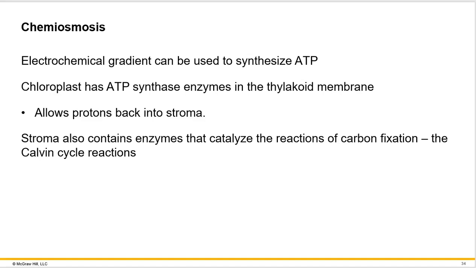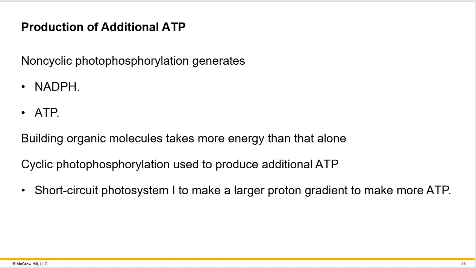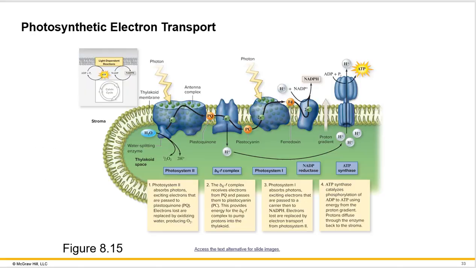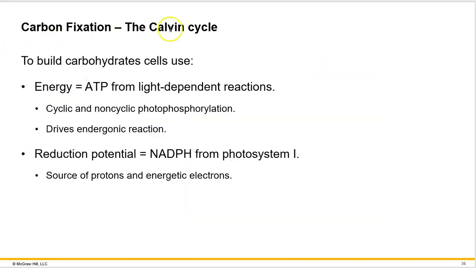So the protons flowing through ATP synthase is called chemiosmosis, which is what we just talked about. NADPH is also non-cyclic, which helps us to produce ATP. Now, the ATP, right, this ATP that we made here, this NADPH that the plants made there, are used to drive the Calvin